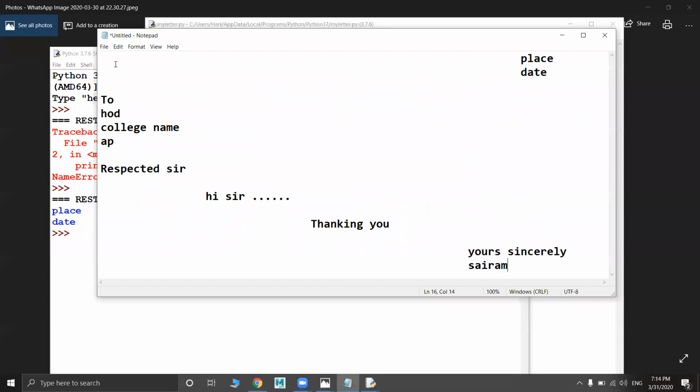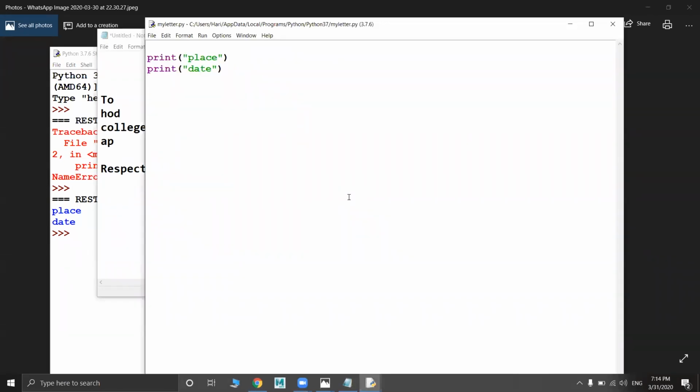That means you need to give spaces here. In general, what do you use for giving the space, any guess? Tab space, right? Tab space by default will be like eight spaces, right? So you can write like this also. Space is a variable I'm going to declare, and I'm going to take empty space. Let's say, yes, space. Now I'm taking space as a variable, and let's say I'm going to give 25.